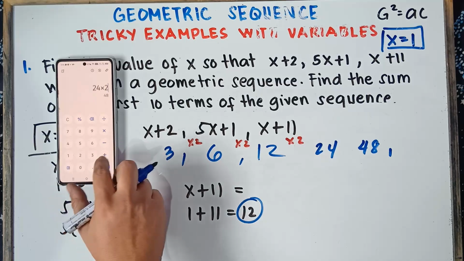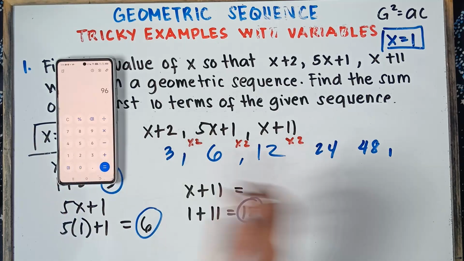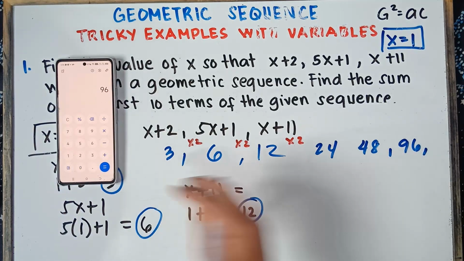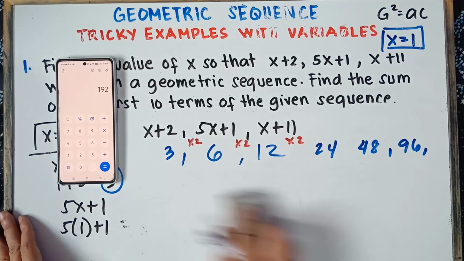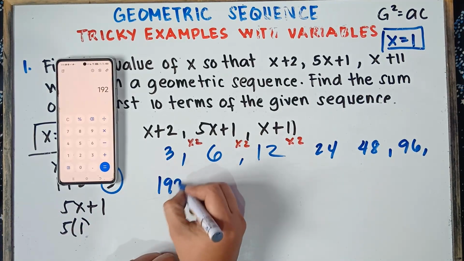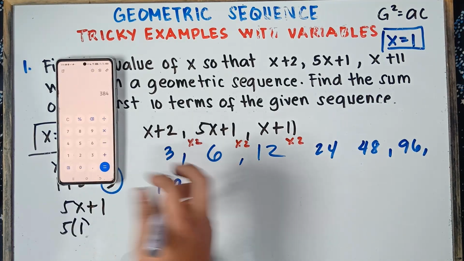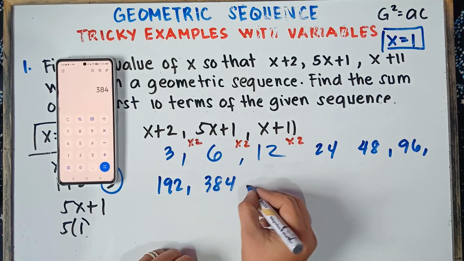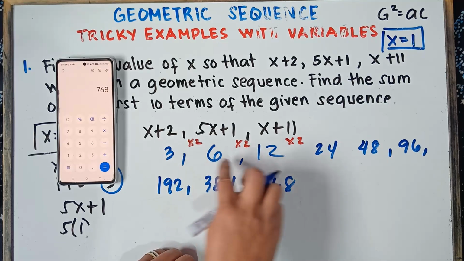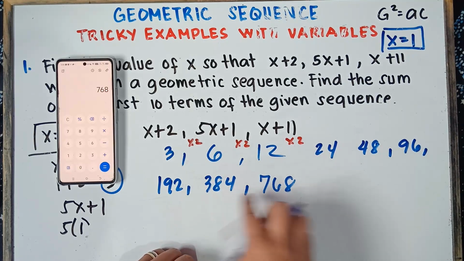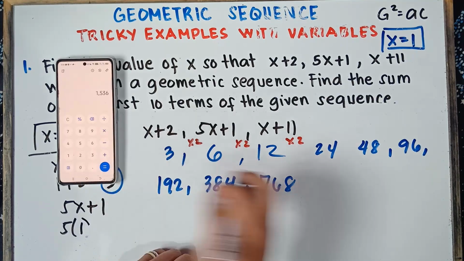24 times 2, yep, that would be 48. Times 2, that would be 96. And then 96 times 2, we have 192. So this will be 192 times 2, that would be 384. Times 2, that would be 768. So 1, 2, 3, 4, 5, 6, 7, 8, 9. Last one, times 2, that would be